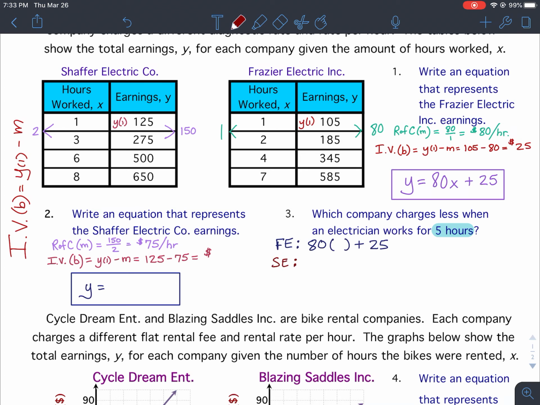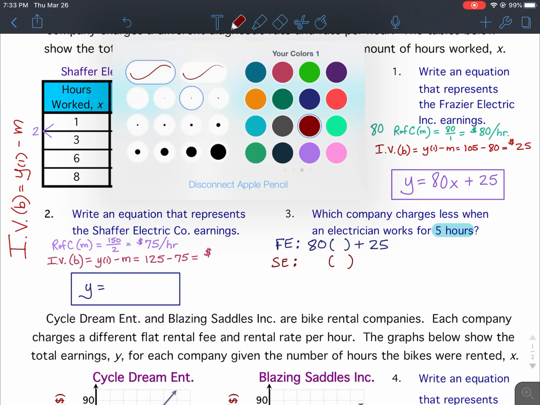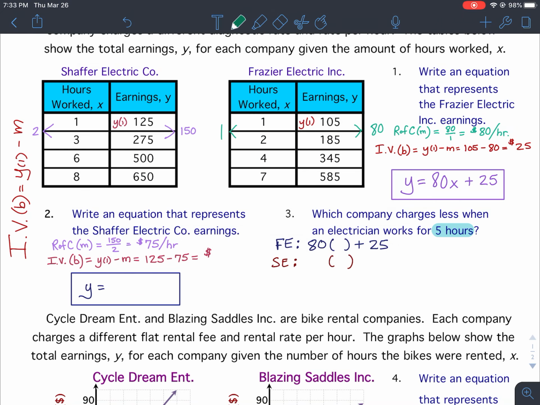And you got that equation there in number 2. I'm not going to tell you what that is, but it would be the same concept as number 1. And then you want to plug 5 in wherever there was an x and figure out the total that they pay. So let's figure out what it would be for Fraser Electric. If we take 80 times 5 and then add 25, we get